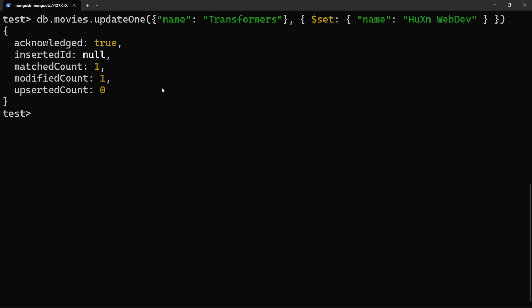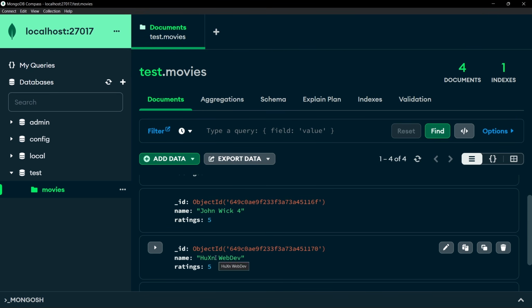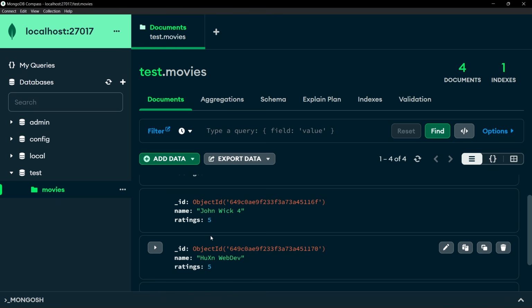We can also use updateMany if you wanted to. So that will work on a lot of data. Currently we have these 2 documents right here. We have this John Wick with the rating of 5, and then we have this Hussein Web Dev with a rating of 5 as well. So let's suppose you want to change these ratings to, I don't know, maybe 0 or 1 or something like that. In this case we are going to be changing